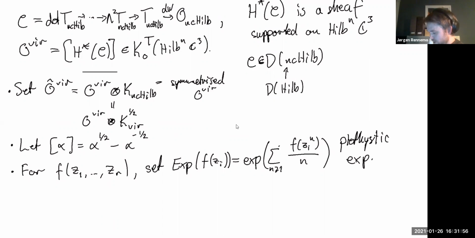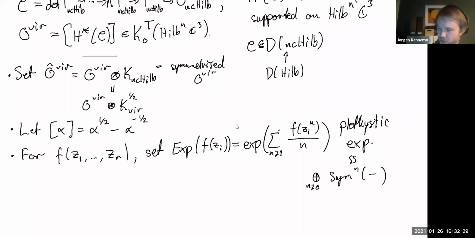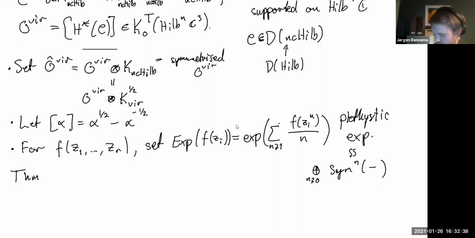Roughly speaking, if your f is the character of some representation, then taking the plethystic exponential is taking the direct sum of all the symmetric powers. This is the polynomial level version of that operation on representations, whatever. So the point of that is, once you have this, you can write down the computation